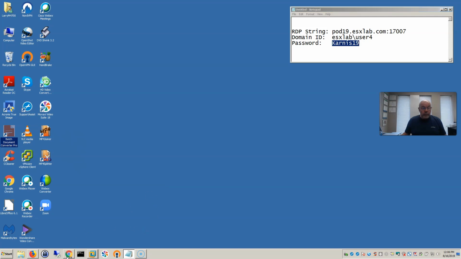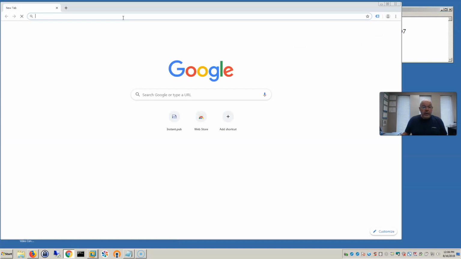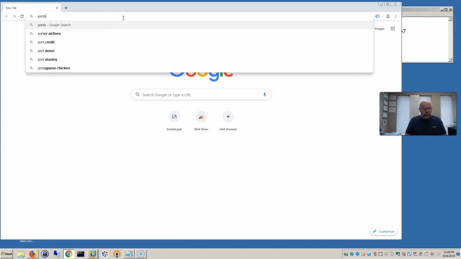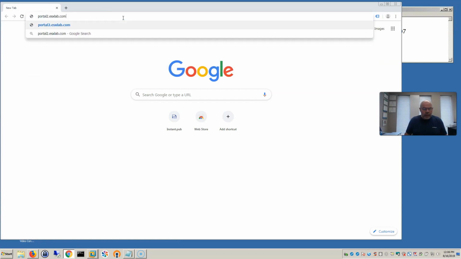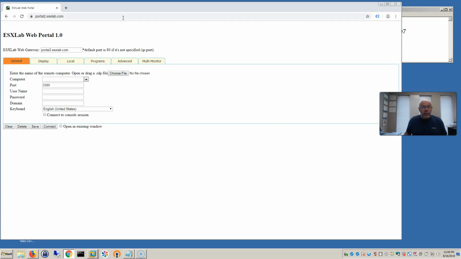So I'm just going to use Chrome here. And what we'll do is we will browse to portal2.esxlab.com. This is our HTML5 to RDP gateway. And literally what it does is it proxies RDP through to an HTML5 web interface. Now, I should point out that this gateway, portal2.esxlab.com, has been locked down, so it will only proxy connections through to our remote lab environment. It will not allow you to proxy connections through to other machines on the internet,